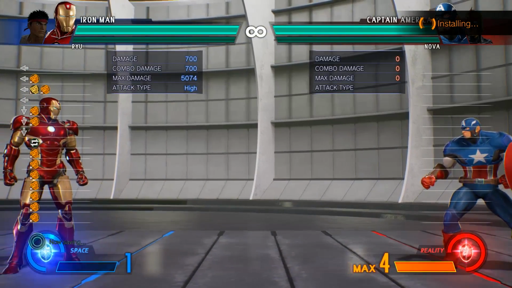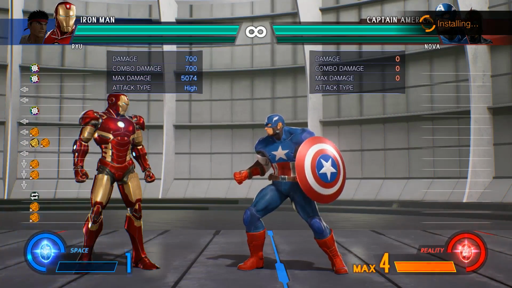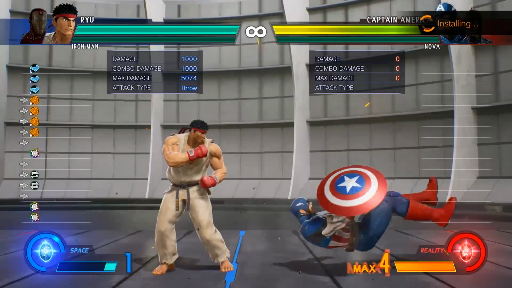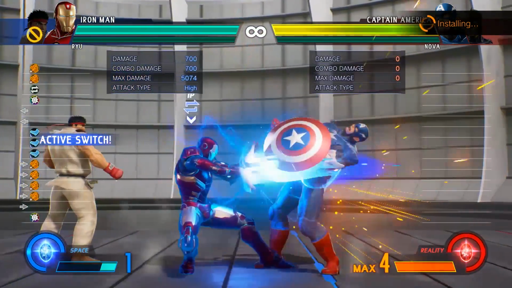Space, this is one I think everybody has been universally excited about. Pulls you in. This is really great if you have a character, especially with a command throw. You can pull them in and then throw them after. That's going to be universally a pretty strong tactic, right? I also think it's going to be useful for stuff like pull plus tag if you have a character that's